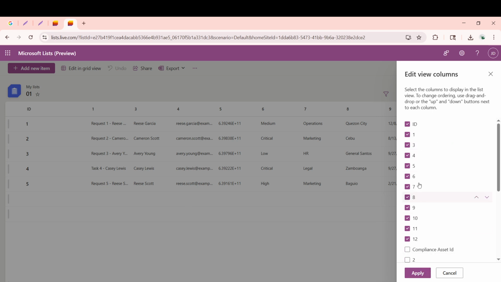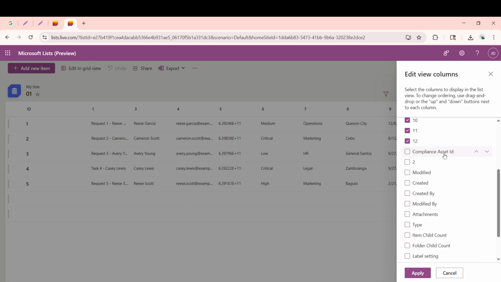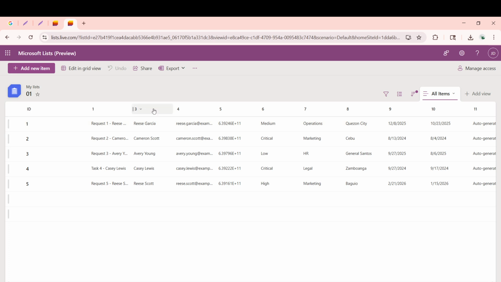Your task here is to find the column that you want to make visible again. Take your time to scroll through and locate it. Once found, simply check the box next to the column name. Finally, don't forget to apply your changes. You'll see the Apply button, usually at the bottom of the pane. Clicking Apply will save the changes you've made, and just like that, the previously hidden column will now be displayed